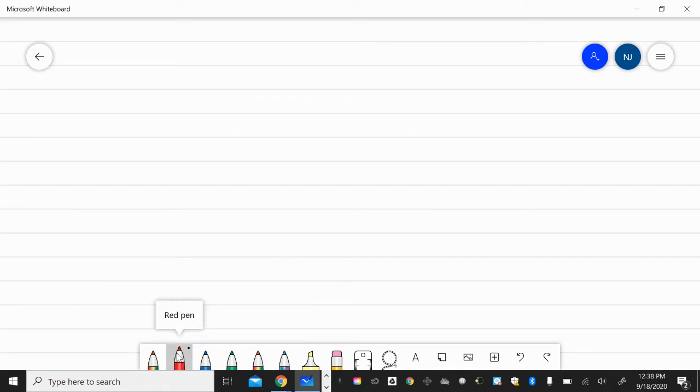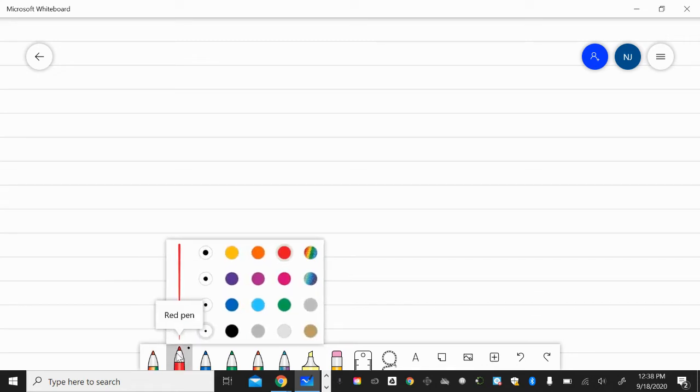Same for my red pen. When I select my red pen, it's going to show me some different colors that I can choose from, as well as a thickness. So I can come in here and customize each of my pens that I would like to use. One thing to note, you'll notice here, there's kind of a thin line to a thick